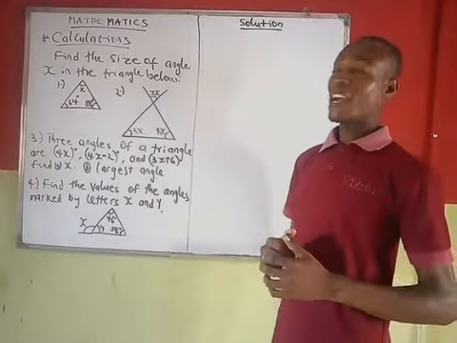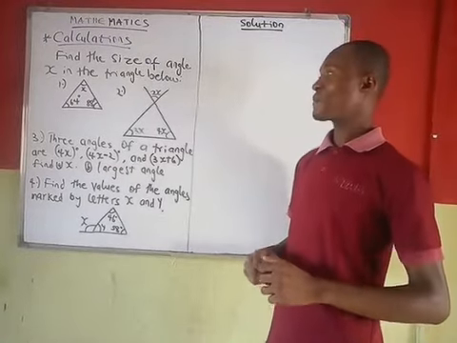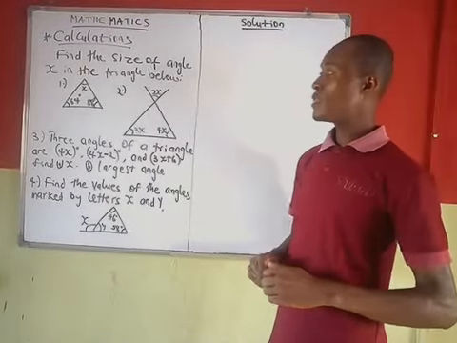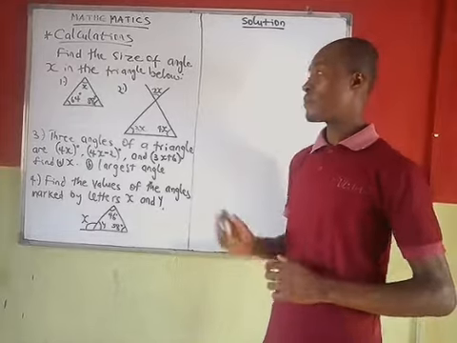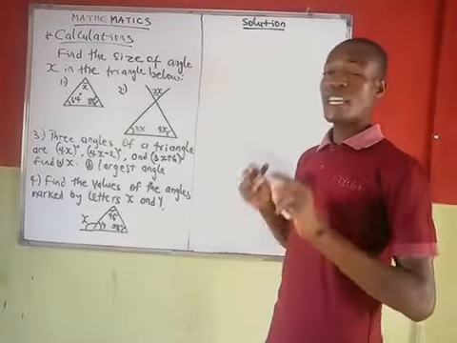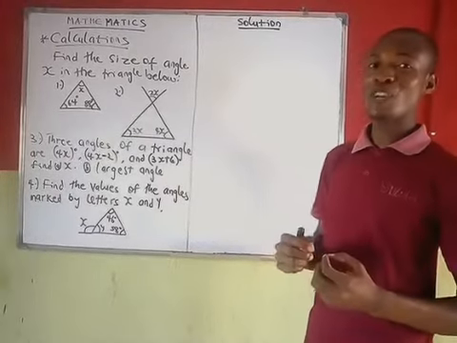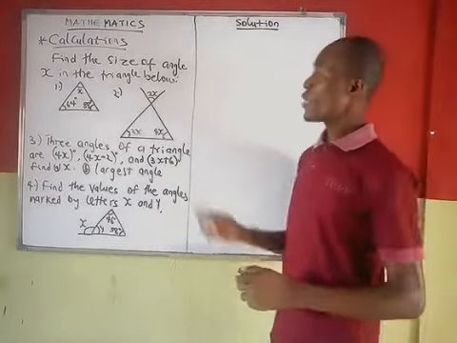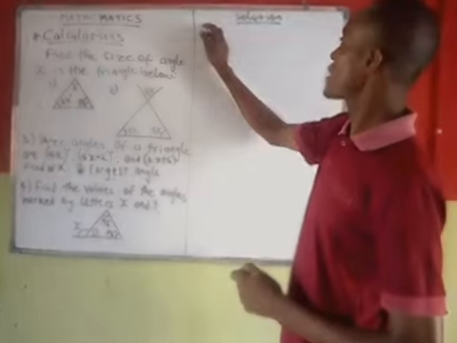Okay, I think I can hear you say the first one. Yes, the first rule is the one that is most suitable for this. In that one, it says that the sum of the interior angles of a triangle is equal to 180. So in that case, it means that